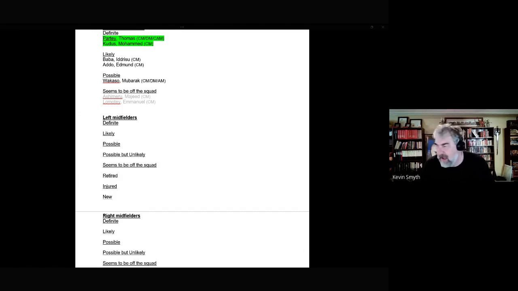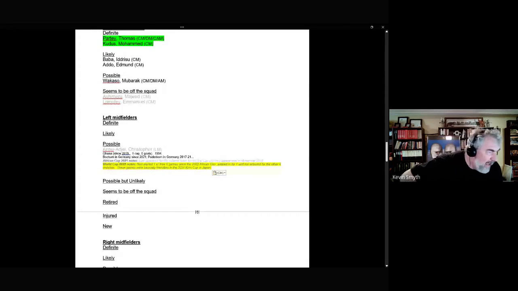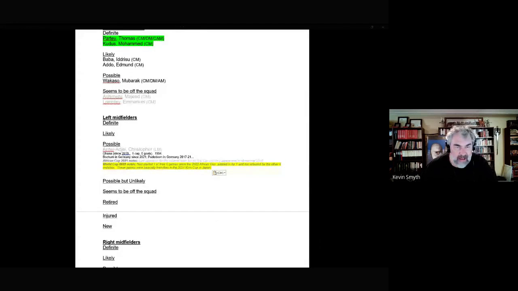We actually had in the previous podcast Andre Ayew as a left midfielder, but that was basically a mistake, and he's an attacking midfielder. But they do have a player coming in who is a possible candidate as a left midfielder, and his name is Christopher Antwi-Adjei. Christopher Antwi-Adjei is not brand new to the team because I believe he was on